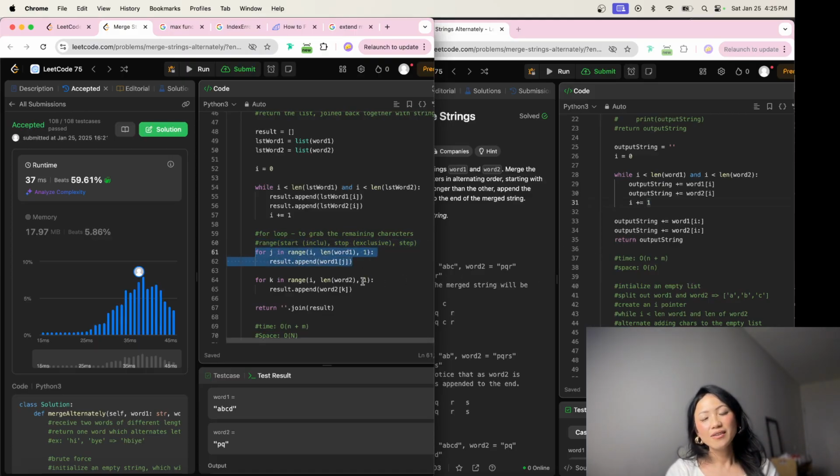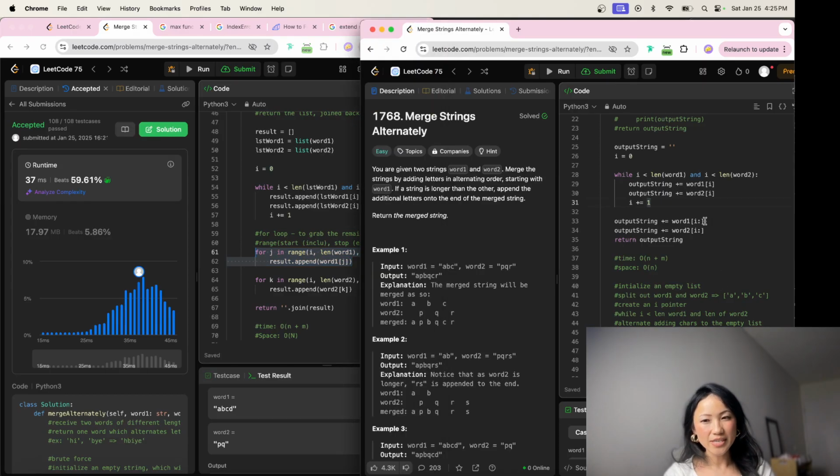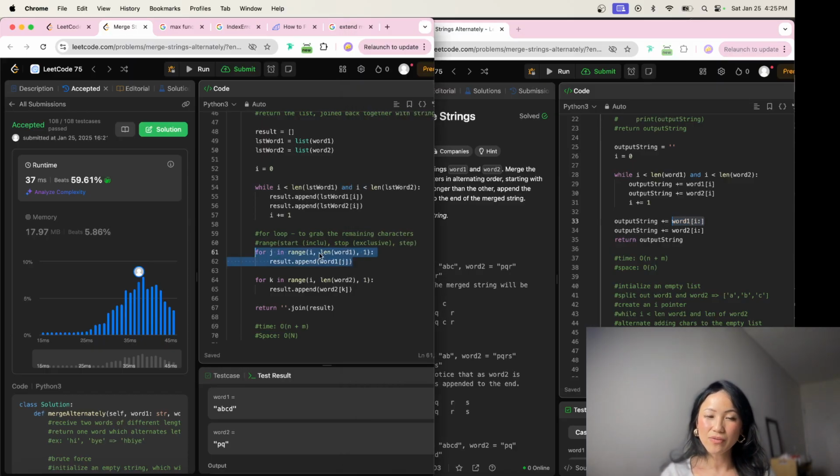Well, do they really differ there? Because with word 1, you're slicing through it, so in my mind you are still iterating over word 1, and we are starting at the index of i wherever I left off, and we're still going through the end here as well. We're going all the way to the end of the list of word 1 as well. So in a way, this is still slicing without slicing, because you're still iterating through the range,